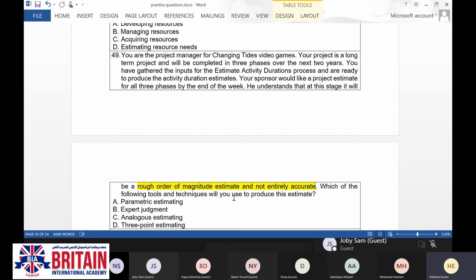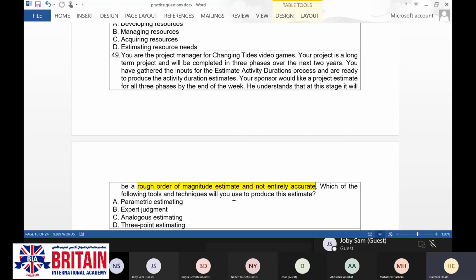When it comes to the rough order of magnitude estimate, which we have discussed even in the costing, and not entirely accurate, the variance between the correct or accurate estimation and your estimation is very big.